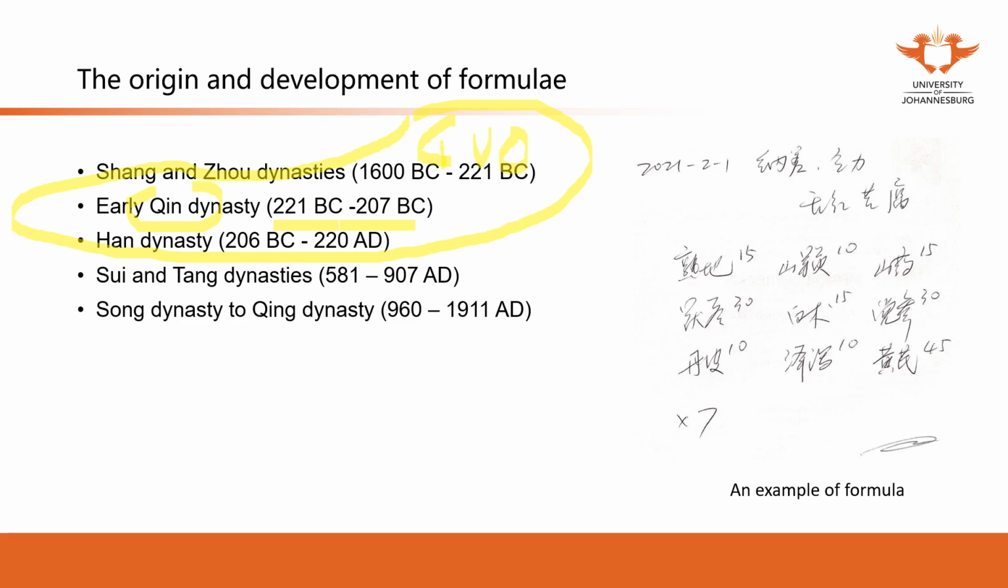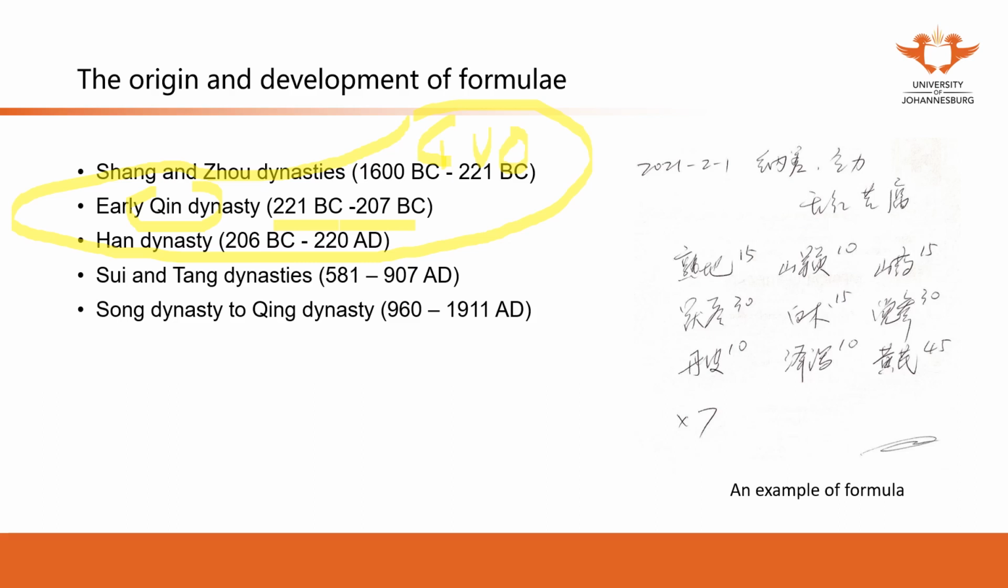And later on in the Han Dynasty, we have the famous book Shanghan Zabing Lun. Shanghan Zabing Lun is also one of the classics. From the Huangdi Neijing, we got 13 formulae. In Shanghan Zabing Lun, we got 314 formulae. And later on, we still have the